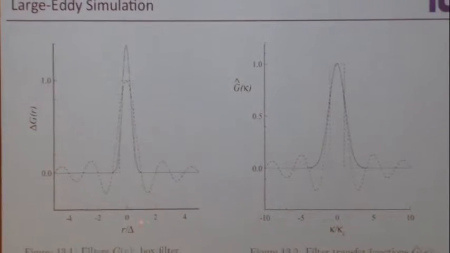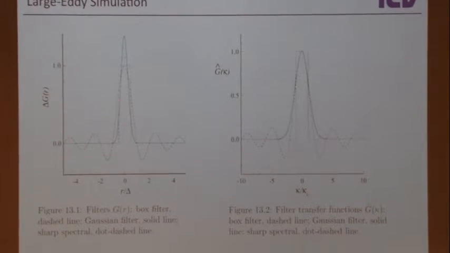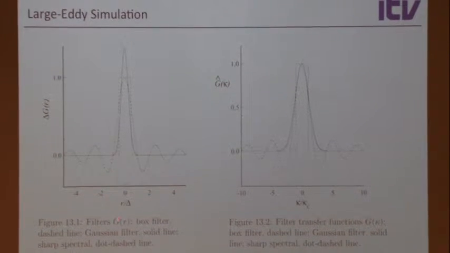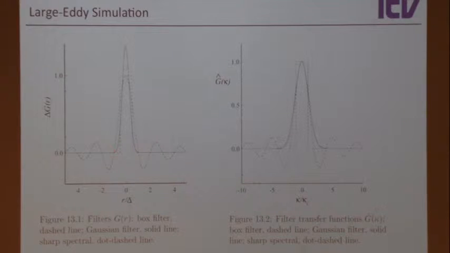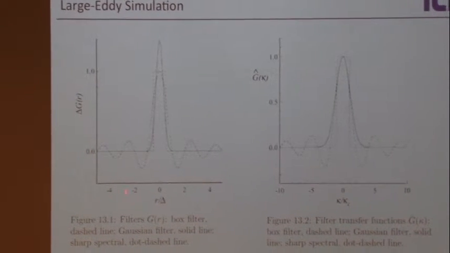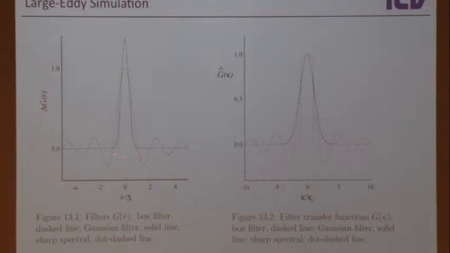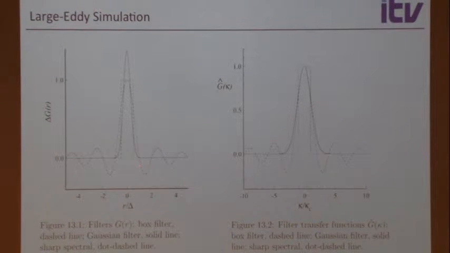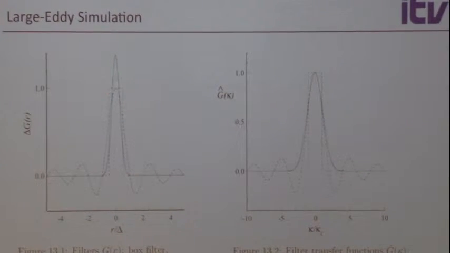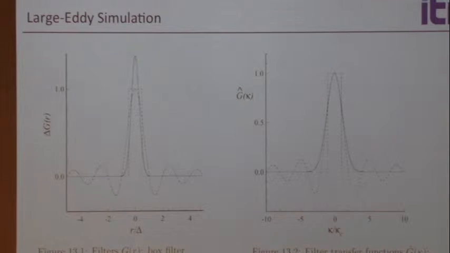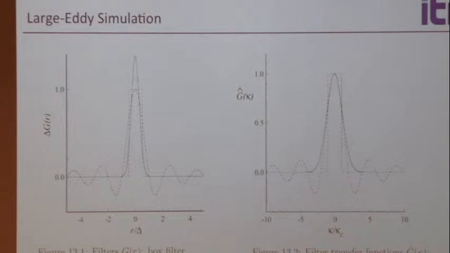This is interesting: if you take the box filter, so this is space, and this is how this filter looks, it's just a box, right? It's 0 everywhere, and it's 1 within the box. And if I now take an average over the entire field, it will just give me the average of this within this box. So if I take the Fourier transform of this, you see,